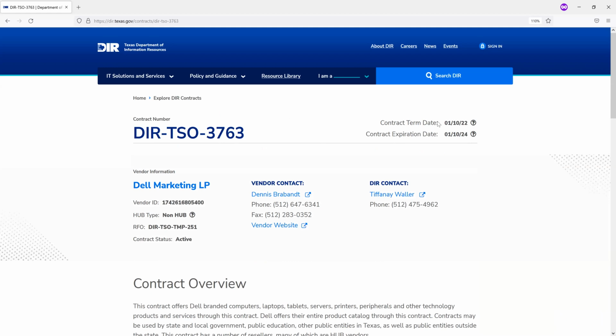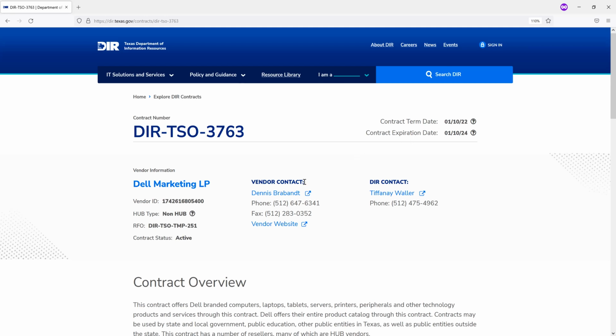But the actual next term date is January 10th of 2022. So in case we don't renew the contract, I'm sure we will for the Dell contract, but in case, 2022 is the upcoming term date, 2024 is the expiration date. That's if every single option was executed, right?